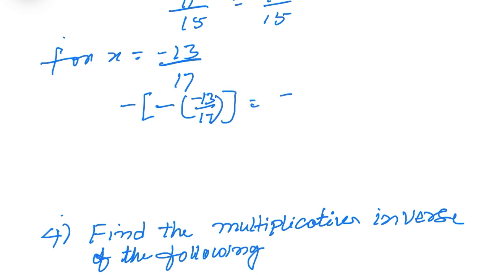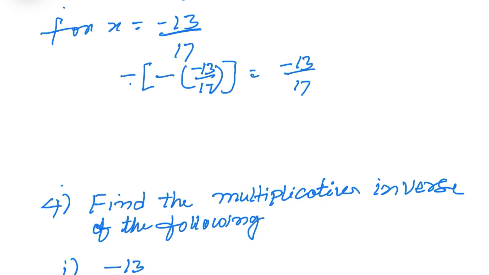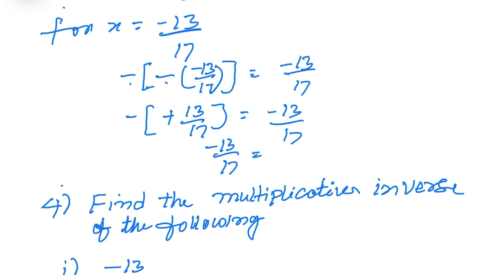That is equal to, it should be minus 13 by 17, if at all this is right. So minus of minus plus, minus into minus plus, or otherwise, let us do like this. Minus of minus into minus, it is plus 13 by 17 is equal to minus 13 by 17. Minus into plus, again it is minus 13 by 17 is equal to minus 13 by 17. Hence, it is verified. For the value of x, it is verified that minus of minus x is equal to